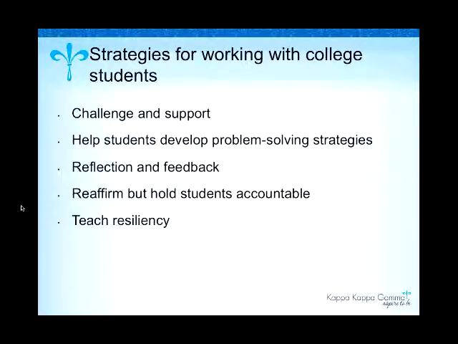But resiliency and that ability to bounce back is such an important skill that we are really focusing on our campus, and I think Kappa World is focusing on as well. Maybe not naming it that, but definitely teaching women to be resilient and to come back and to reevaluate and to